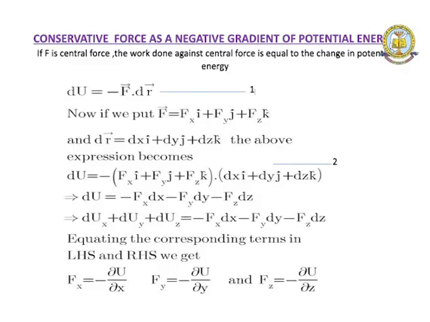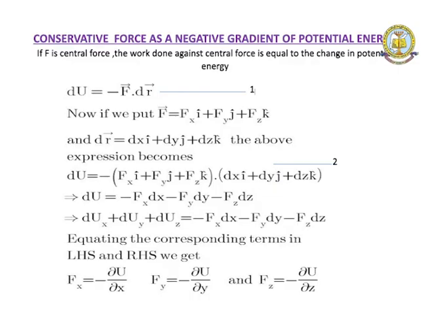The work done against the central force is equal to the change of the potential energy, dU equals minus F dot dr. You can write F is equal to Fx i plus Fy j plus Fz k, and r is the position vector, r is equal to x i plus y j plus z k. Differentiating, dr is equal to dx i plus dy j plus dz k. So substituting the F value and dr value in the equation,